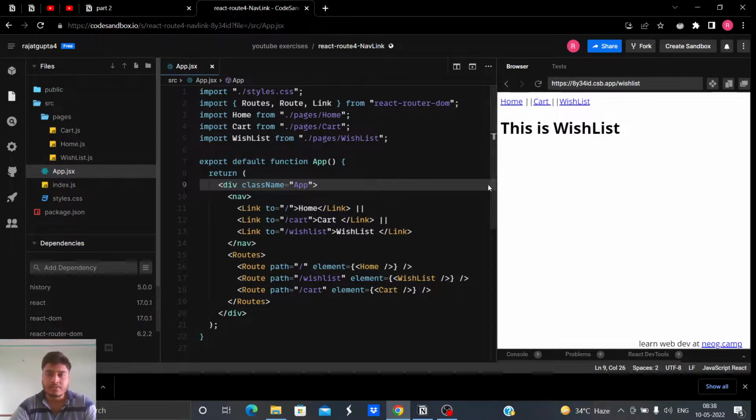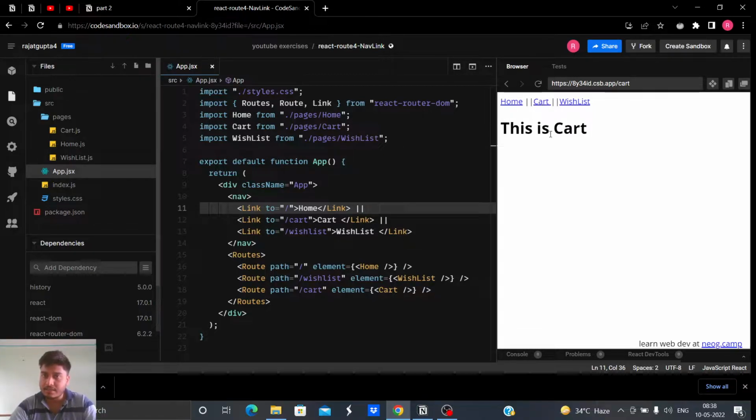By using nav link, what we can achieve is that when I am inside cart, for that period the color of cart should remain red, or maybe cart should be written in bold, or some other style should be applied to cart while I am inside it.